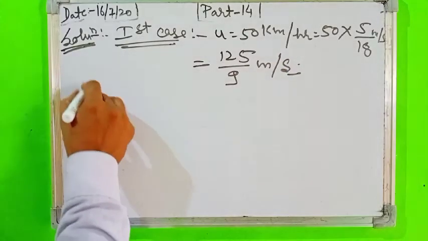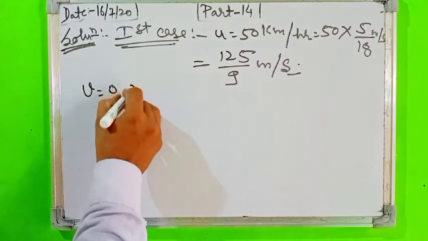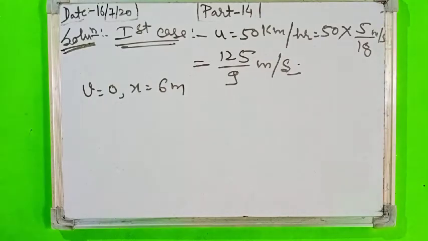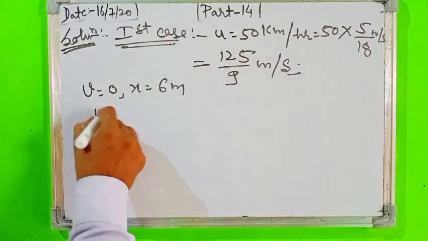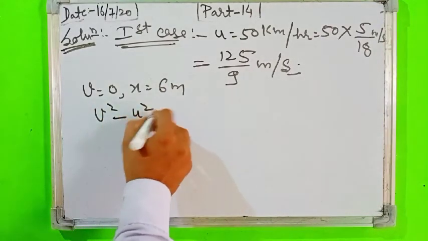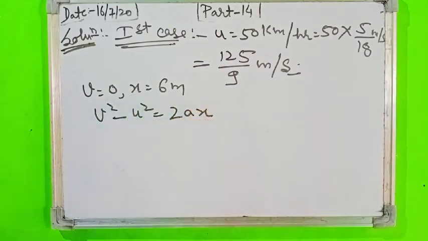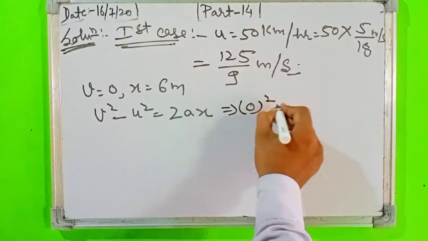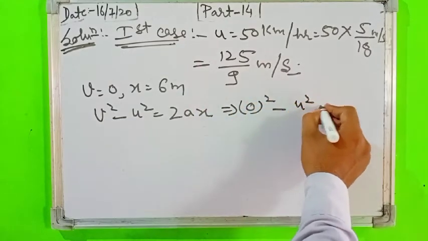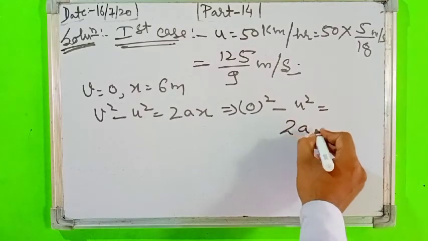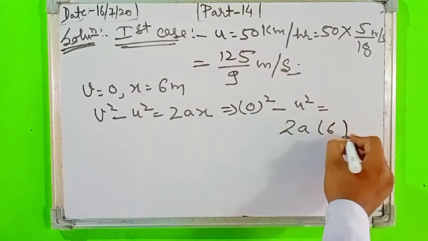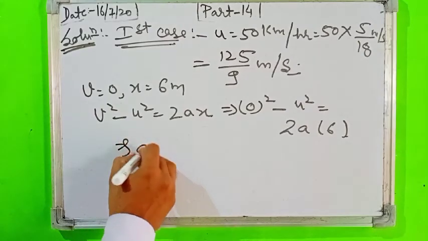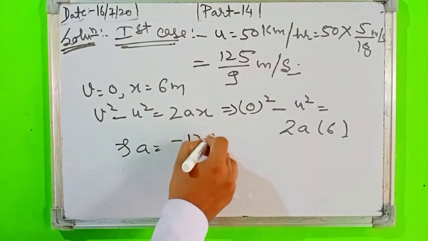Now v is equal to 0 and x is equal to 6 meter. From this data we can calculate the acceleration, that is v square minus u square is equal to 2ax, or you can say that 0 square minus u square is equal to 2a into 6 meter, and it can be written as a is equal to minus